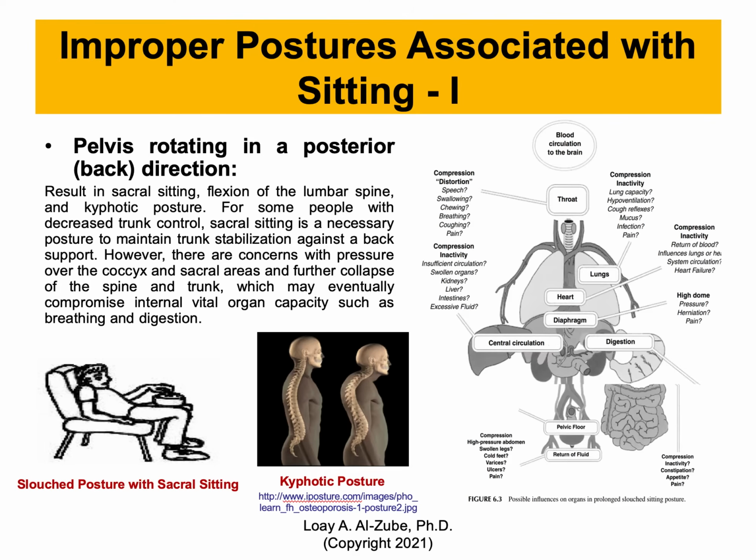So the first thing I want to talk about is the improper posture associated with sitting, number 1. This problem is characterized by the pelvis rotating in a posterior direction, to the back of the body. Seating systems and this condition associated with sitting result in sacral sitting, which is the image here to the left, and that's flexion of the lumbar spine, which are the vertebrae, the lower part of the spinal cord,